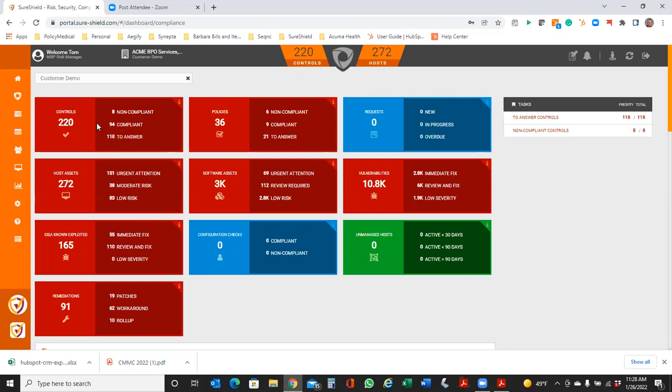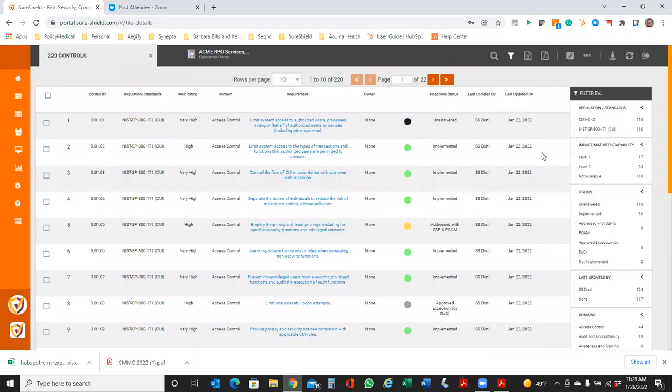So in this case, I'm first going to click on this dashboard that says it has 220 controls. The reason it mentions that is that we have activated this at the CMMC version 2 level 2 level, and then we've also instantiated the NIST 800-171. While they are theoretically the same controls, each one has 110, so that's why you see the number 220.